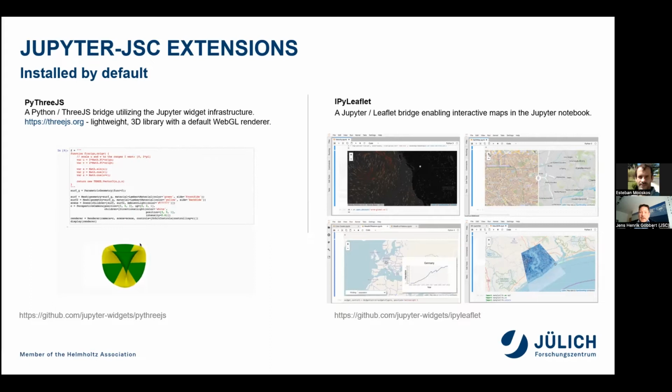On the right side, IPyLeaflet, which enables interactive maps in Jupyter Notebooks, is also one of the extensions which has been there for quite some time. There's a big community and